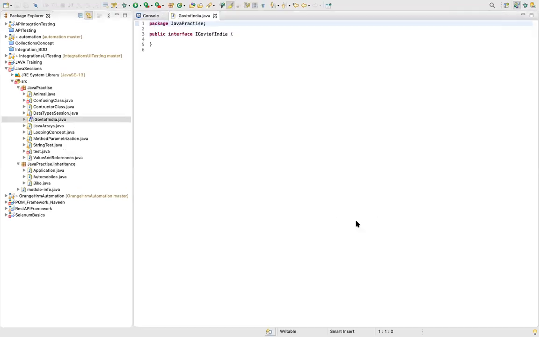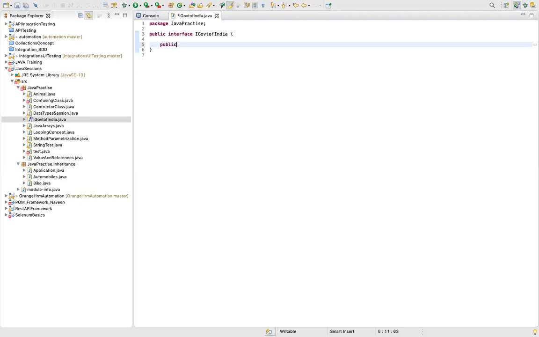An interface will not have a main method. Now, what do we have in an interface? Just like in a class, in an interface also we can have fields, variables and methods. Let's say I want to have a method.